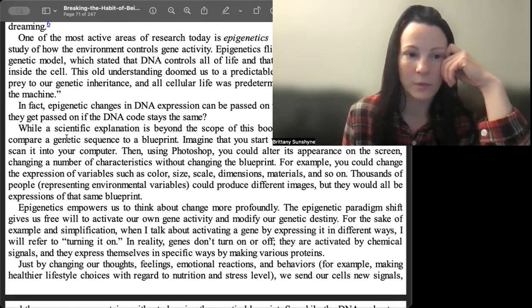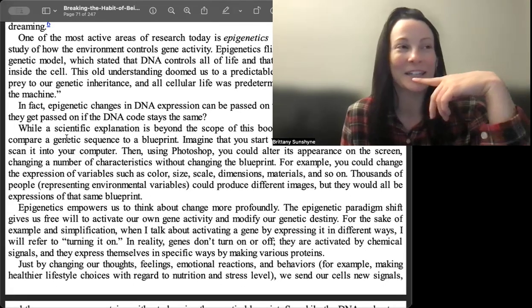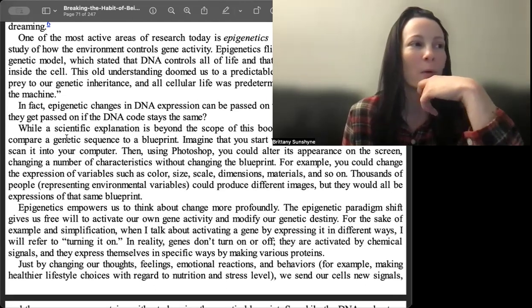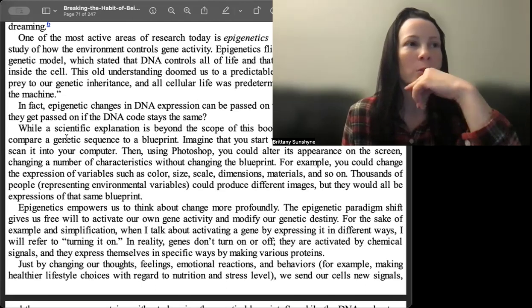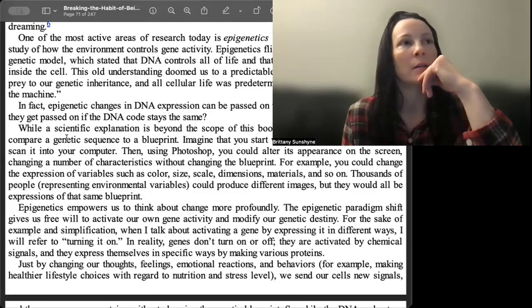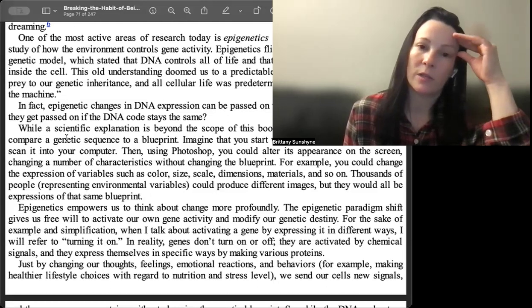They would all be expressions of the same blueprint. This is the other thing. So, we're all expressions of the same blueprint. Ooh, this is hitting heavy. Yes, because it says that we're all made in the image of God. But here's the thing, I believe that it's not so much about